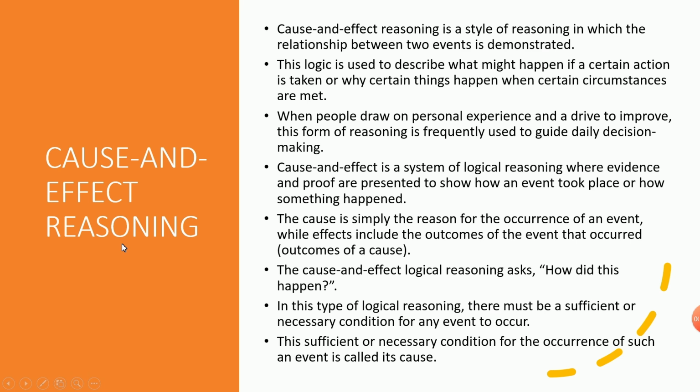Next is cause and effect reasoning. Cause and effect means there would be a cause, and because of that an effect would be happening, or in our exam pattern the effect might be given and we should try to understand the cause. It is a style of reasoning in which the relationship between two events is demonstrated. So compulsorily there should be two events, one is effect and another one is cause. When the effect is given, we have to identify the cause, or when the cause is given, we have to judge the effect. So this logic is used to describe what might happen if a certain action